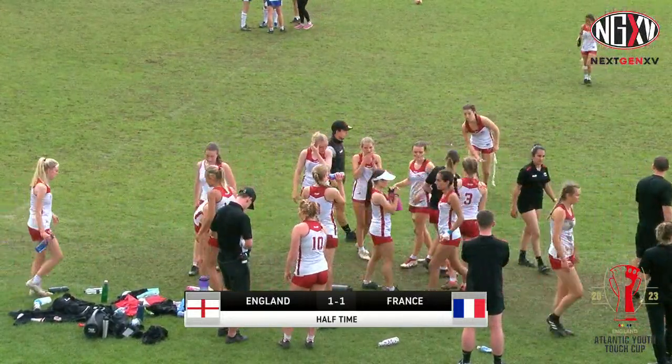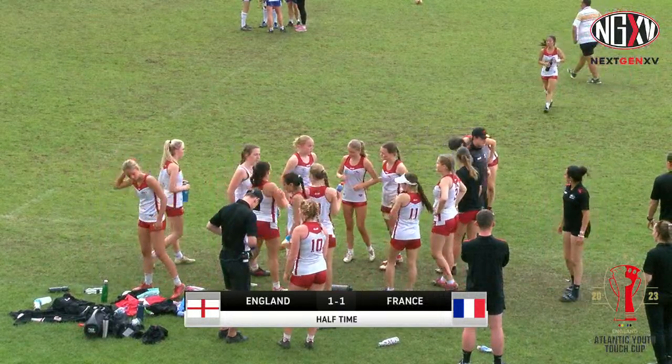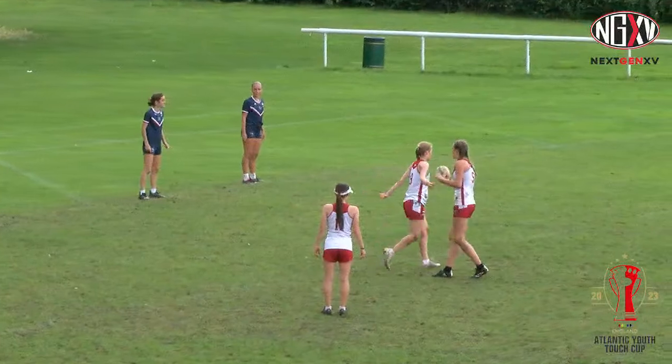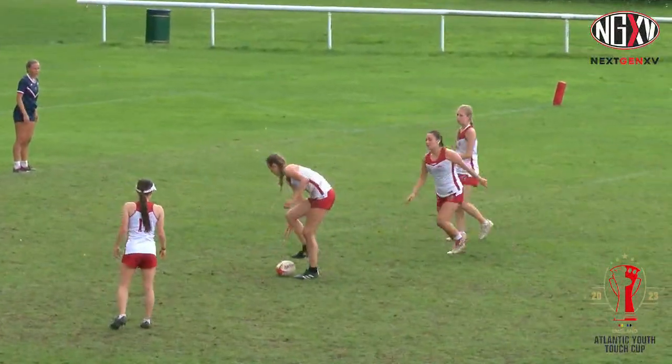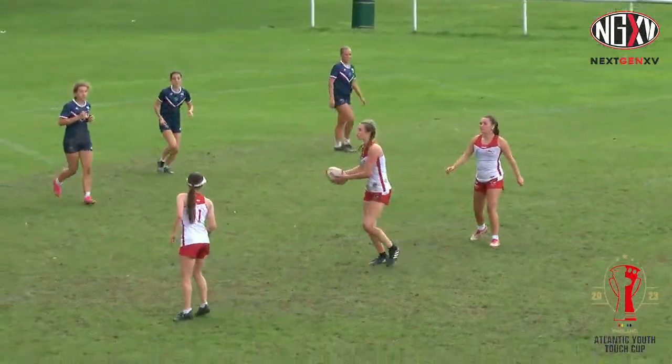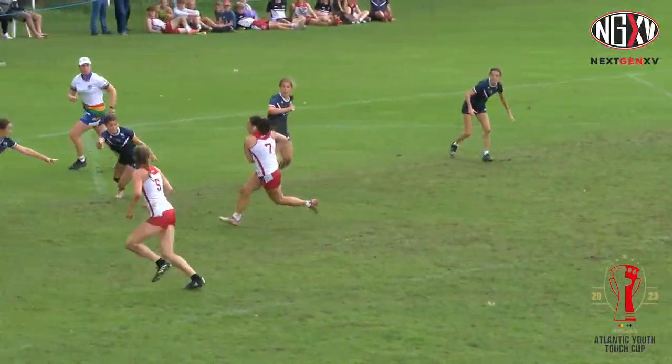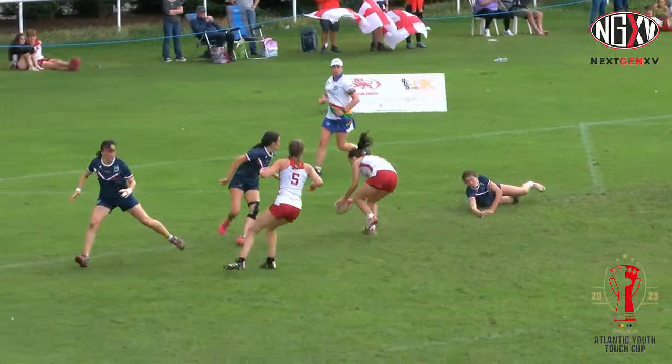Honestly, what a finish to the half, and sort of shaping up like a chess match. If you go in evens, you said the French, but I think right now, with that right on the hooter, I think England will be the happier. Honestly, coming back from behind, you can't beat that in a final. It gives you that confidence, doesn't it, that you can...